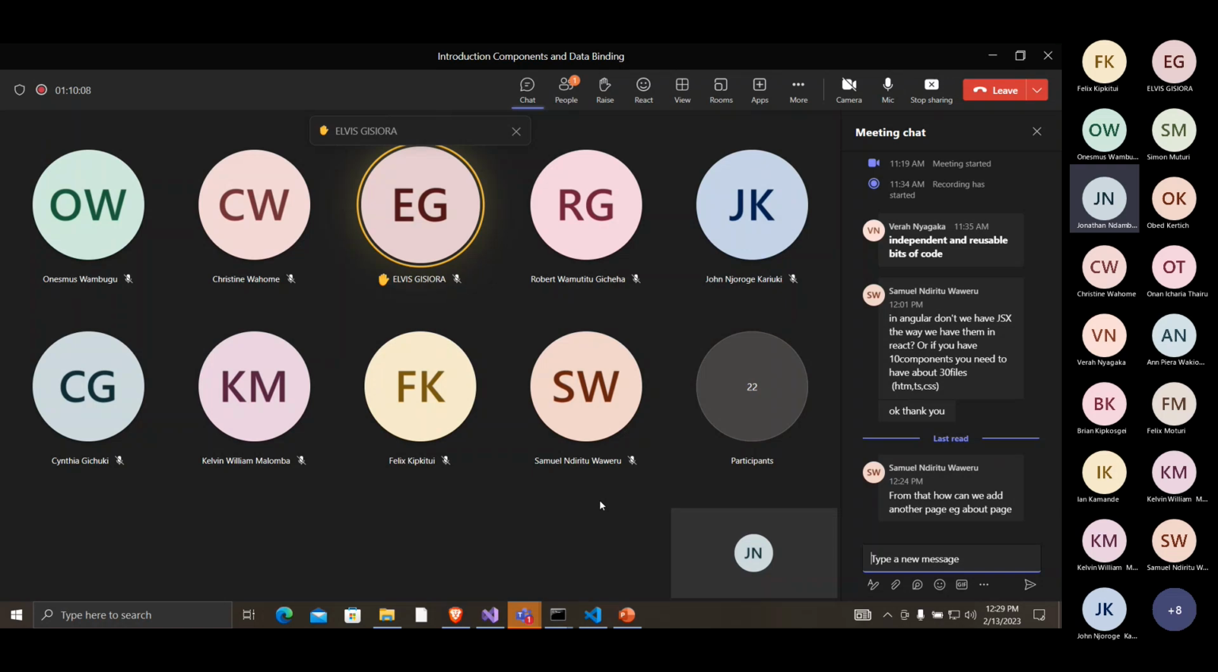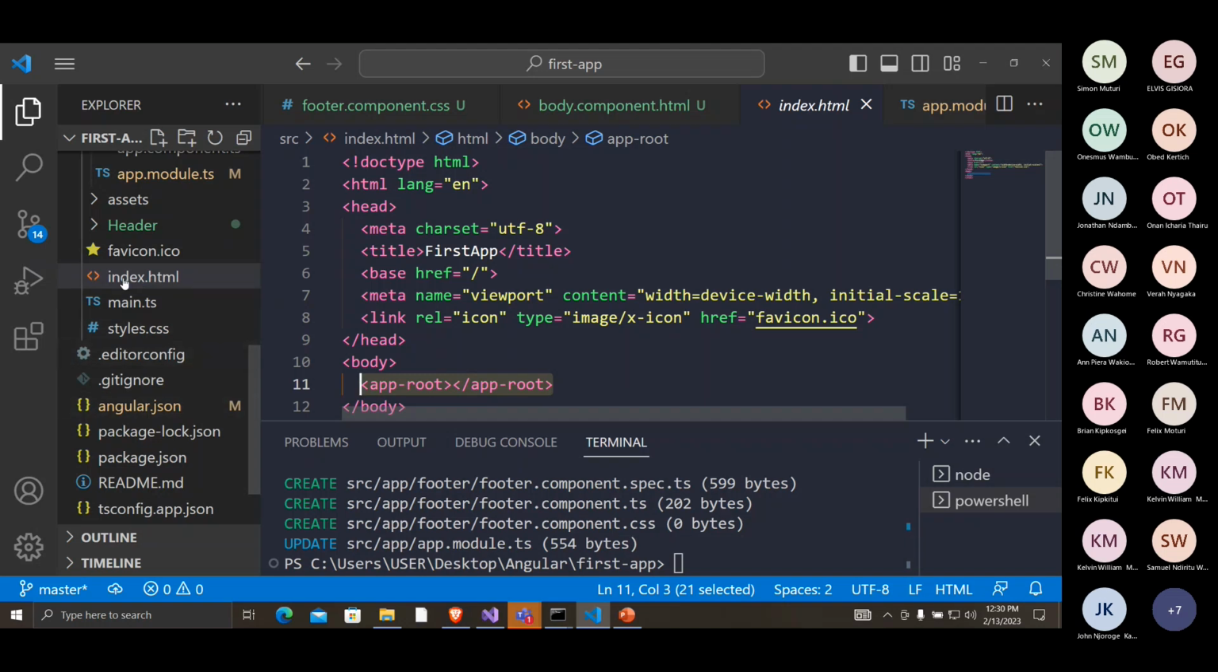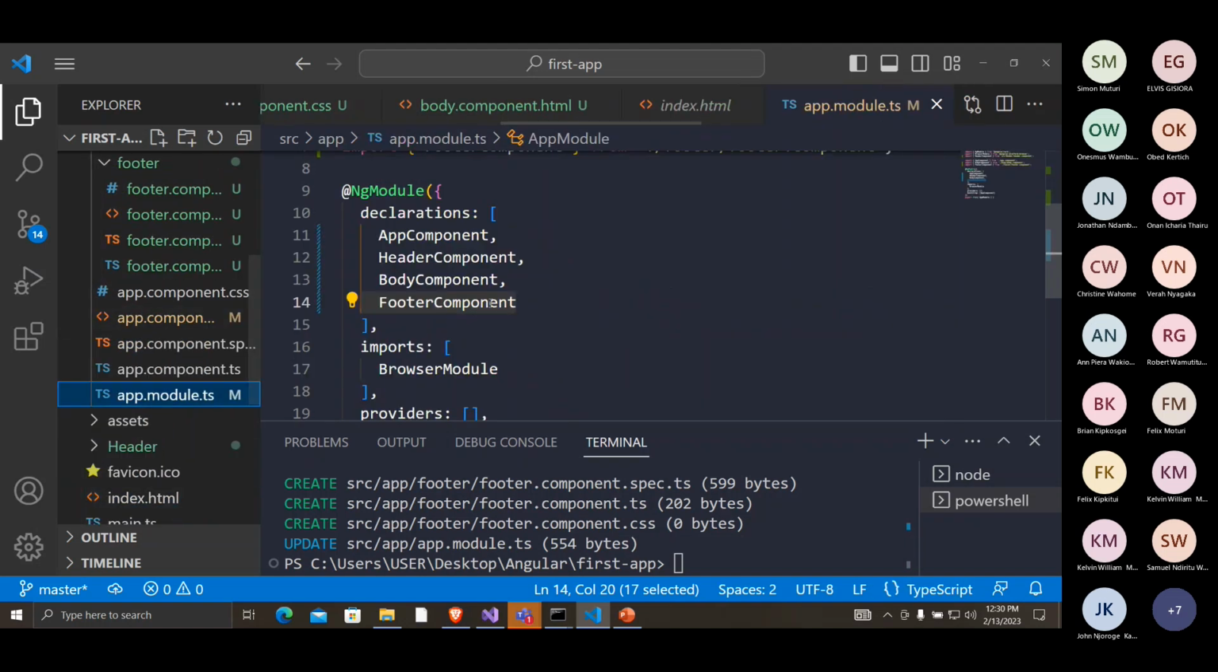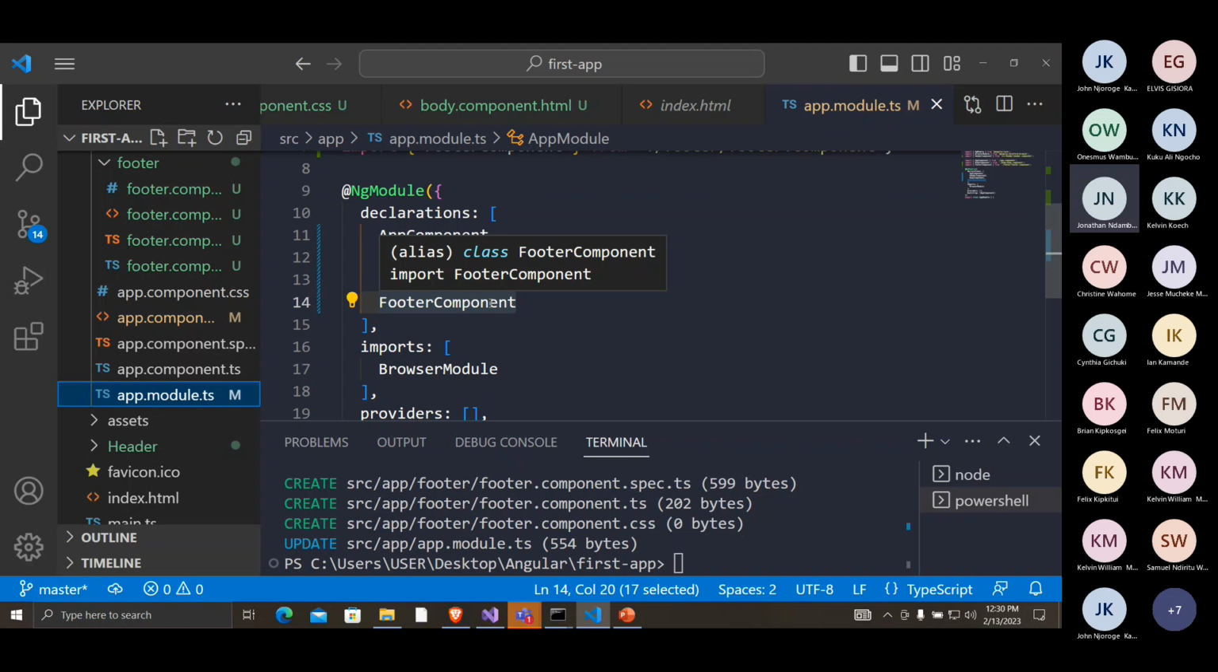Okay, Elvis, on nesting the components. So when you have nested components, where do you import them? At the app, at the root, or at the component level where they are nested? All components are imported at the module. So at the main, at the app, like in our case, at the app module. Yeah, or the module